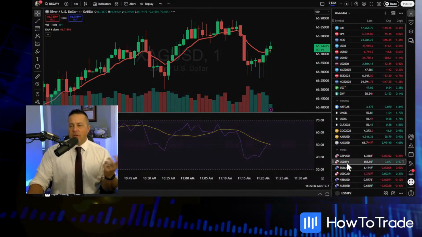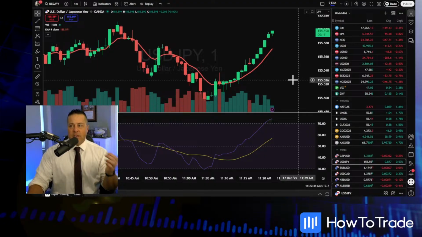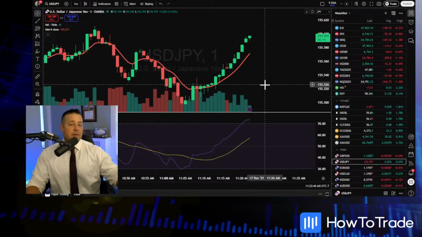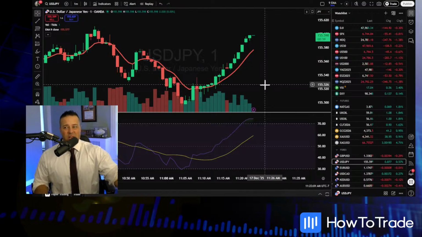All right, let's go to the US dollar Japanese yen. Interesting. Okay, so this would be a potential trade. Now, what do we have developing here? This is a 1-minute chart on the dollar yen. Now, I don't particularly like trading 1-minute charts on your Forex pairs. As you can see, the market really isn't doing much of anything. It's moving in fractional pips. So it's going to be difficult to get a decent profit target, at least using a